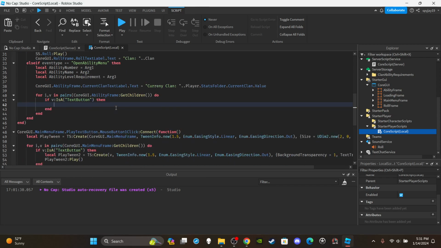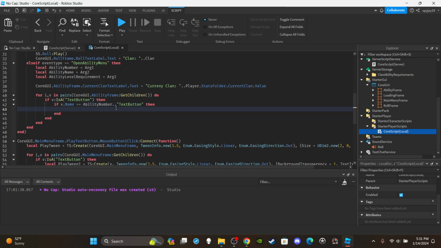So if it is a text button, then we're going to say if v dot name, this is what I was talking about when I said naming is important, equal to ability number dot dot, in quotation marks, text button, enter. Here's how we're going to know which information is for which button. And I'm going to say v dot text is equal to ability name dot dot, in quotation marks,